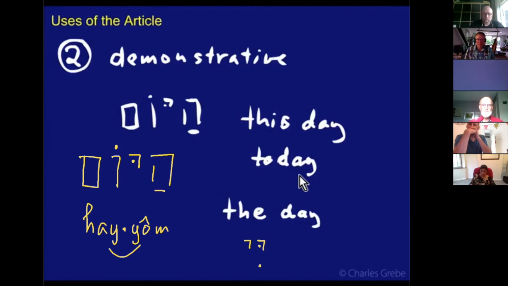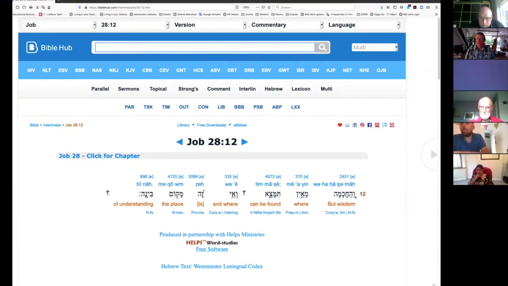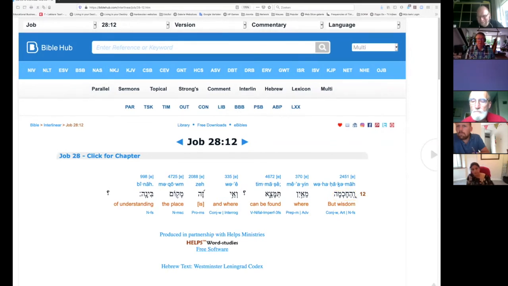What I do have as an example is the text he referred to. This is Job. Hope you can see it. Job 28, and here, but wisdom, you can see it over here. Maybe it's not so good to see. Go back, make it a little bit bigger. Stop annotating. Click.